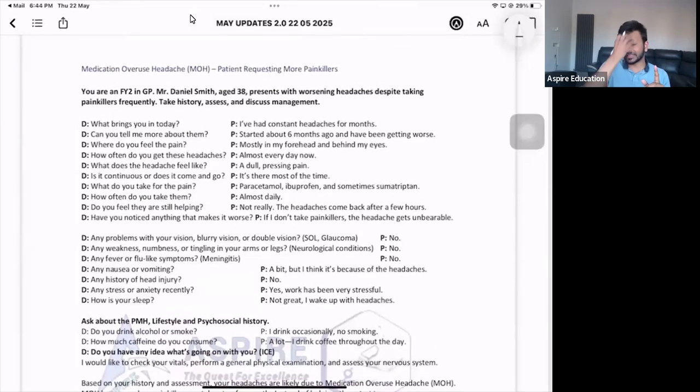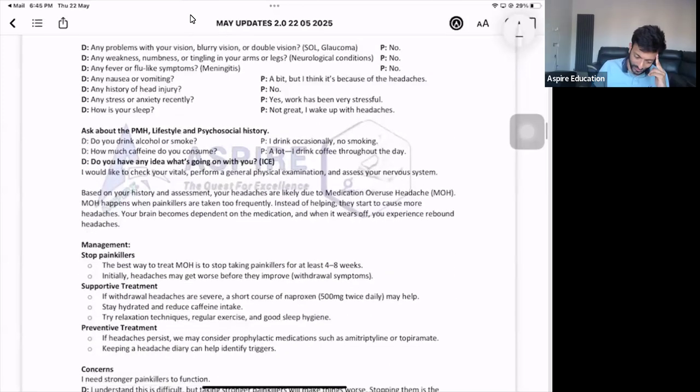Medication overuse headache, guys. This station came, I think, on 14 or 15. And I know a lot of people made the diagnosis of tension headache. So be very careful. If any patient gives you the history that they have been taking painkillers for 3 to 6 months and now present with headache, think about medication overuse headache. Now, you will obviously be elaborating on it, ruling out other differentials of headache as well. Now tell me the treatment for medication overuse headache.